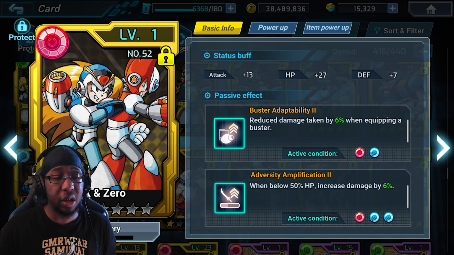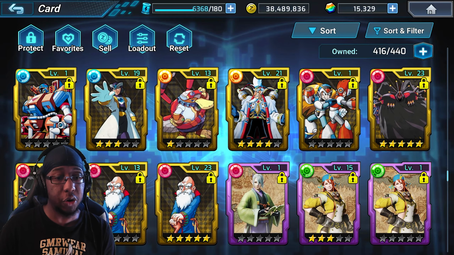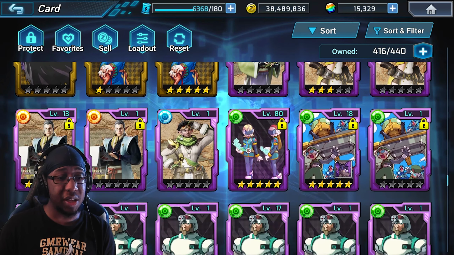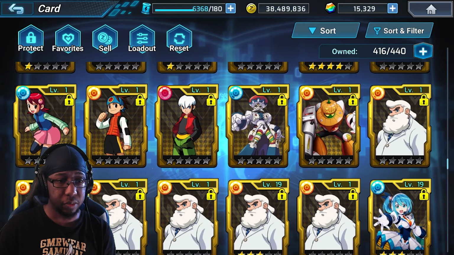This has a Buster Adaptability here, so this can increase or decrease damage you take even more. And it also has Adversity Amplification on it as well. That will trigger off of the double Elite Hunter cards. Alongside that, there's some other player killer cards you can use as well, like the...